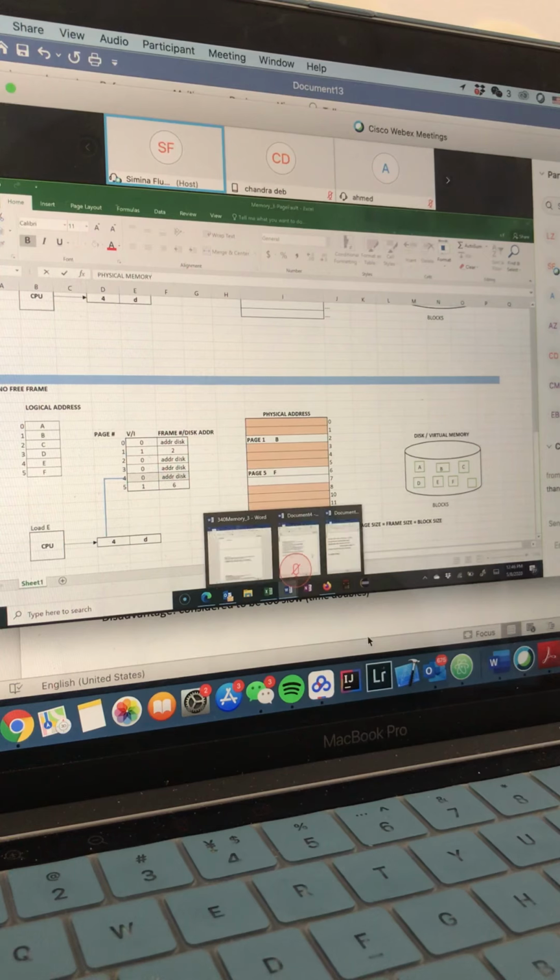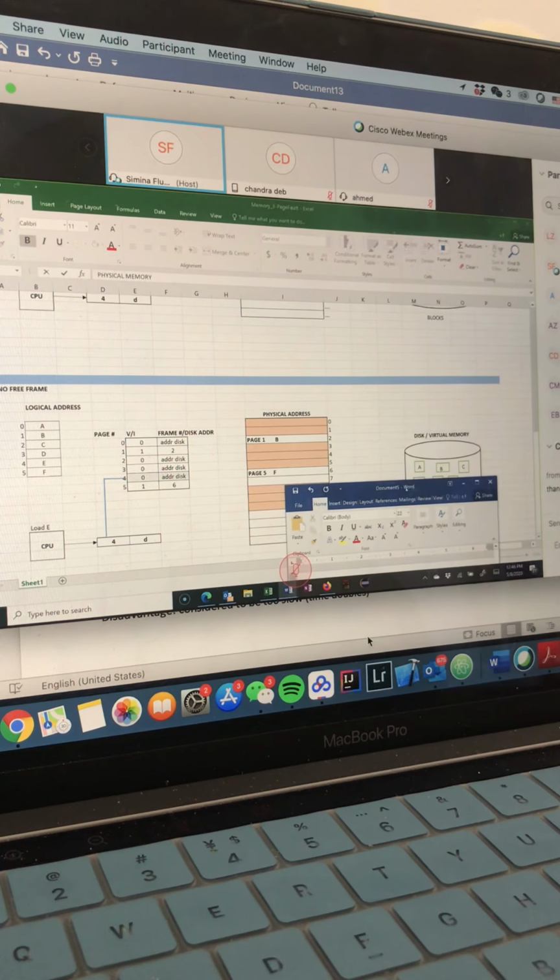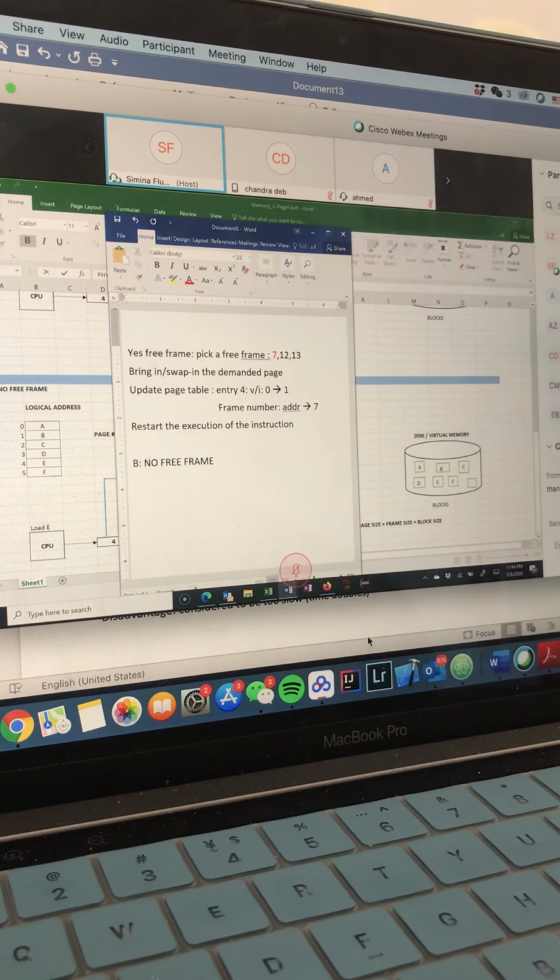So we're going to go to the next step, no free frame, and I'm going to say pick a victim frame. And there are many algorithms to pick the victim frame, but at this point, when it comes to the steps for page fault, we're just going to pick one, yes?